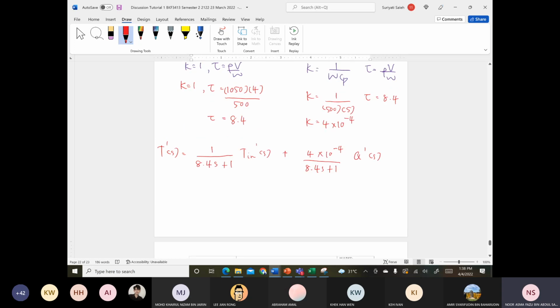So here I already substituted the value of the K and the tau inside my equation. So since this is the first order transfer function,